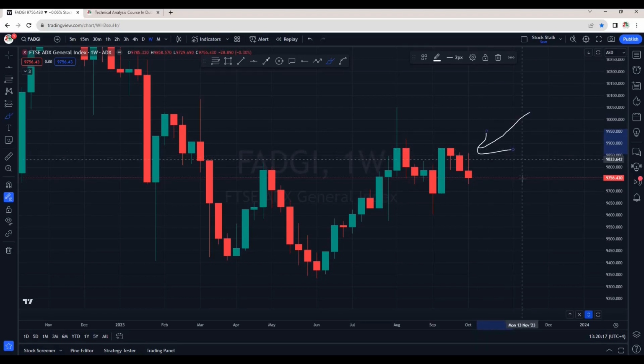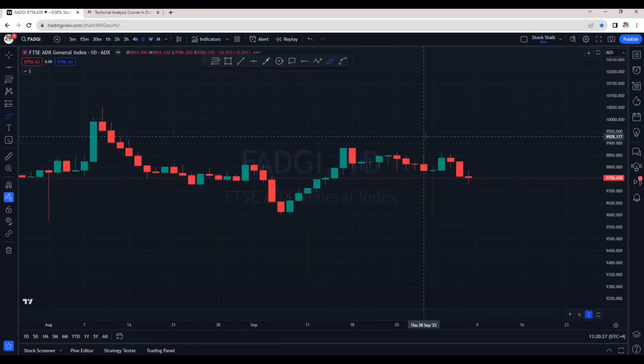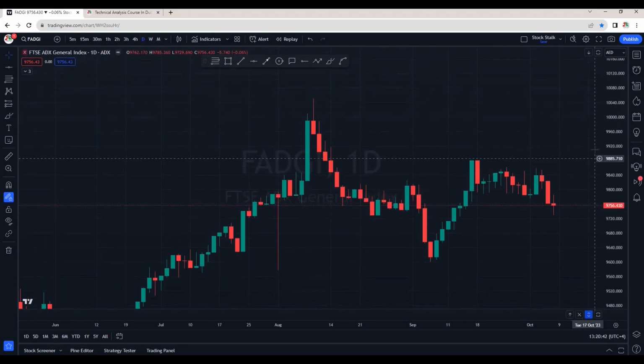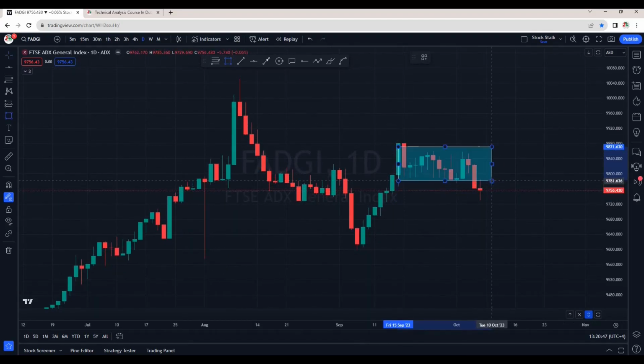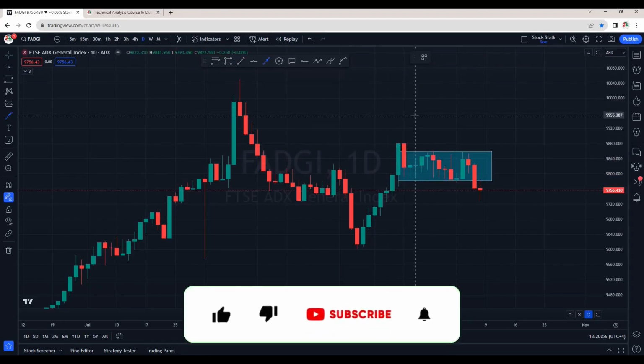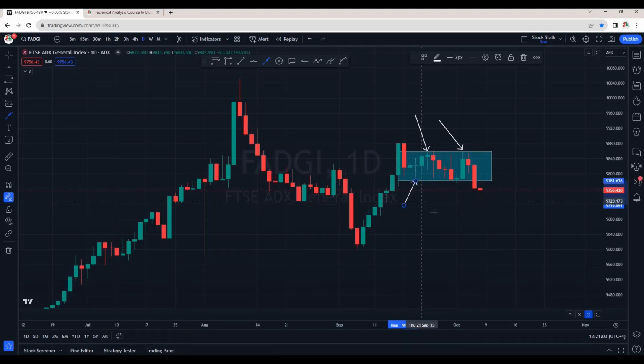If I talk about the support zone, then 9,700 is the next area where it can come down potentially, and we can see a bounce. So overall on the weekly chart it's looking negative. If I go down to daily, we can see negative price action here. It was trading in this range right here. So if we talk about the resistance, the place where it was getting rejected, that is around the 9,860 zone. Support was right here around the 9,780 area, and in Thursday's session we saw a breakdown of this